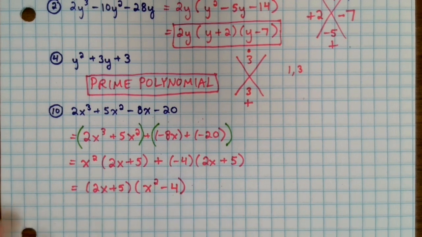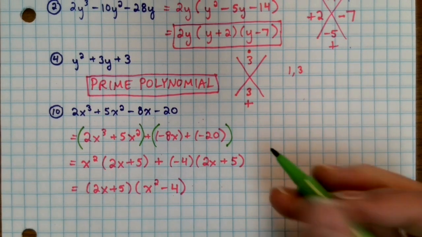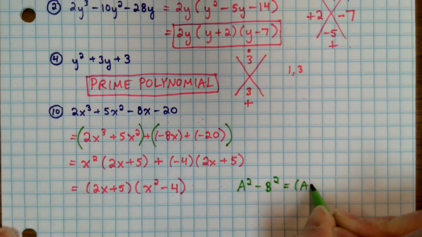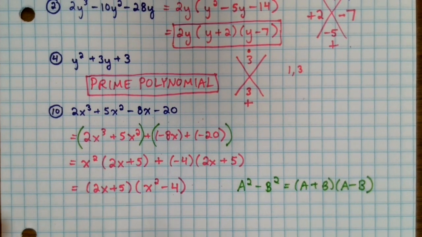So all of those strategies and those different patterns, those special factor rules, all come back into play within this section. So this x squared minus 4, as a reminder, our difference of squares says a squared minus b squared equals a plus b times a minus b. So we can think of this x squared minus 4